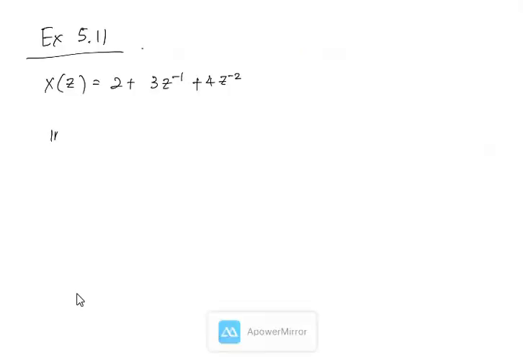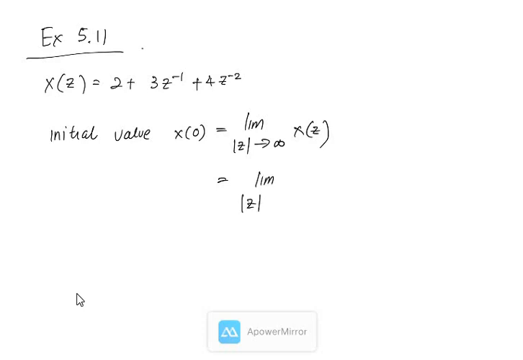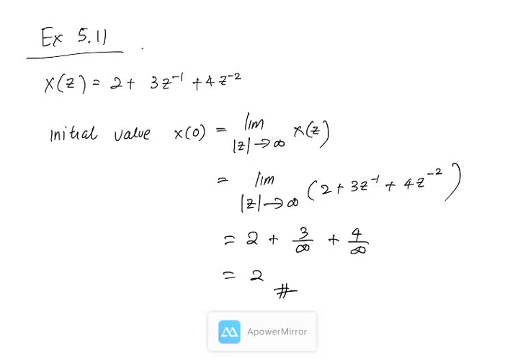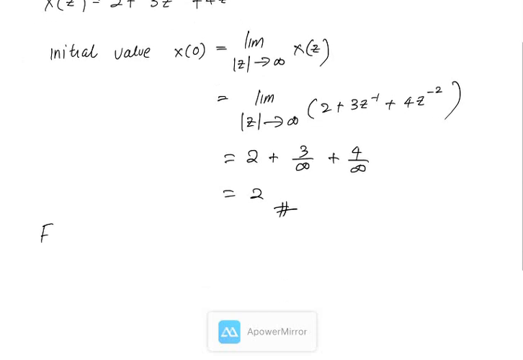So for this question, the initial value x0 is equal to the limit as z goes to infinity of xz, and here we get the limit as z goes to infinity of 2 plus 3 z inverse plus 4 z power of negative 2. So if we substitute z to infinity, you have 3 over infinity plus 4 over infinity, so they will be equivalent to 0, leaving 2. So this is the initial value. Whereas for the final value,